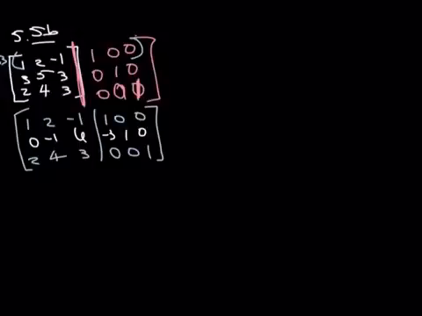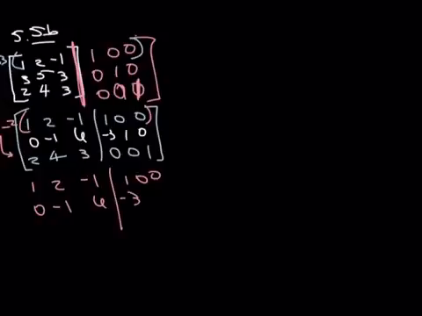Okay, now let's change this 2 right here to a 0. And how do I do that? I multiply the top by -2 and then add it to the third row. So again, this row will stay the same. And the second row, we're not even doing anything with it, so it's going to stay the same at this point. And we're changing this third row. So what we're going to do is we're going to take